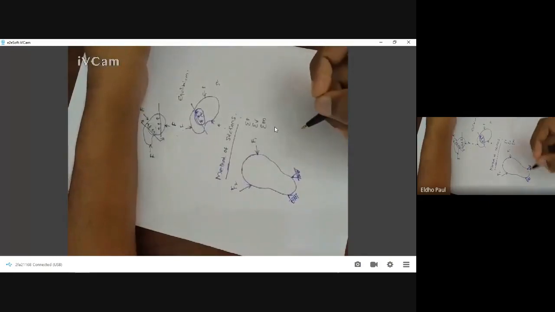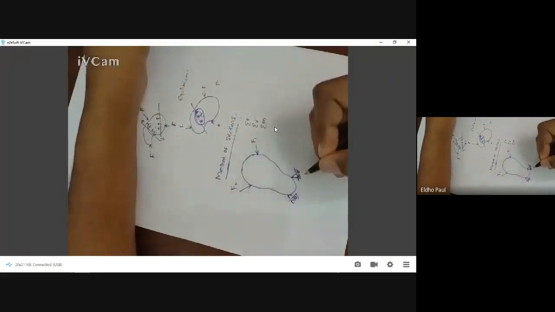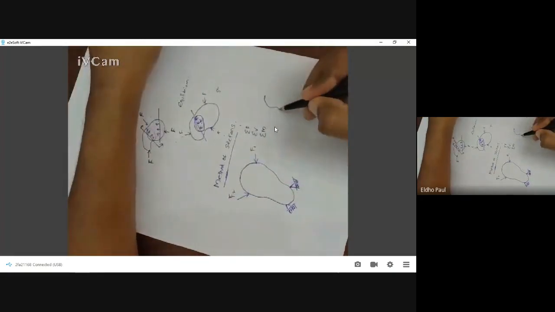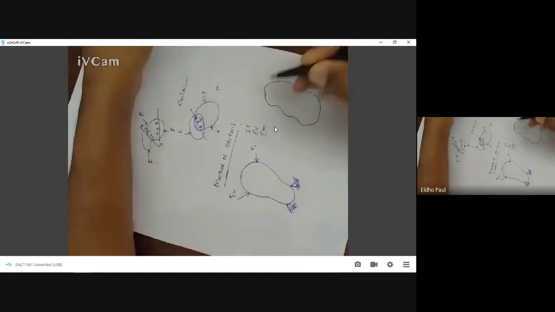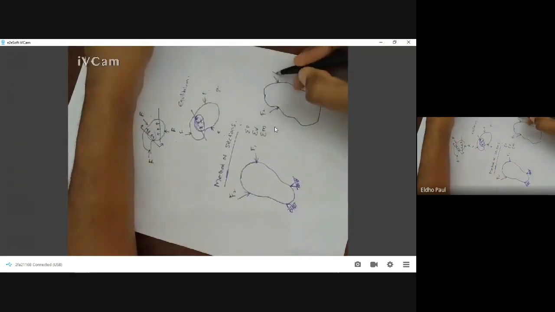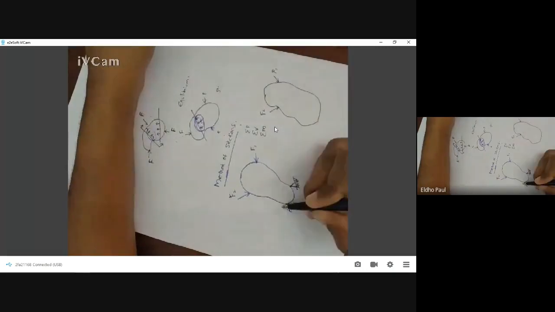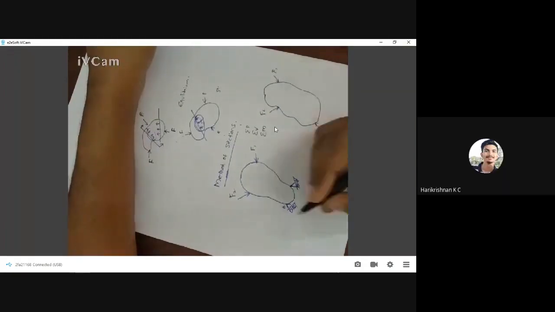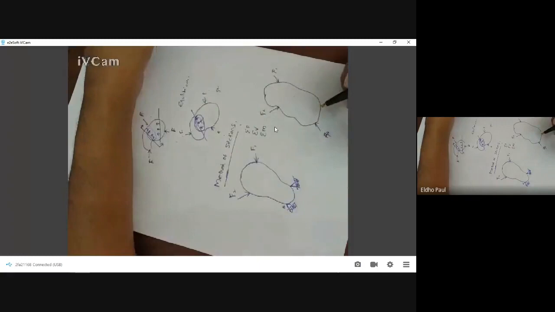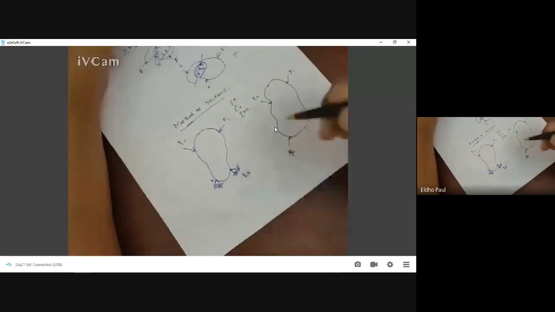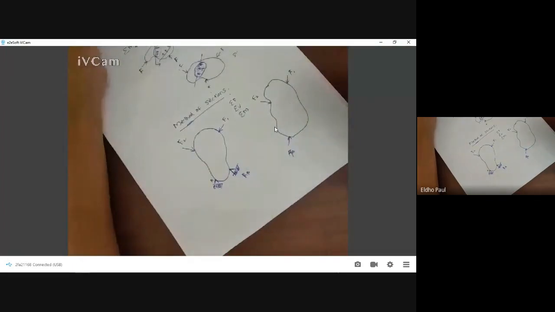Okay, and here I am removing these two supports with the reactive force. We already studied in mechanics, we can remove the supports with the reactive force. So here the reaction offered by the support A is FA or RA. RA is the reaction offered by support A. RB is the reaction offered by support B.